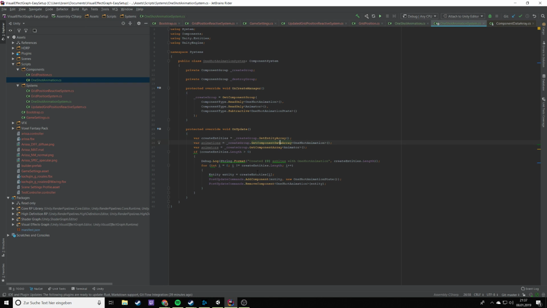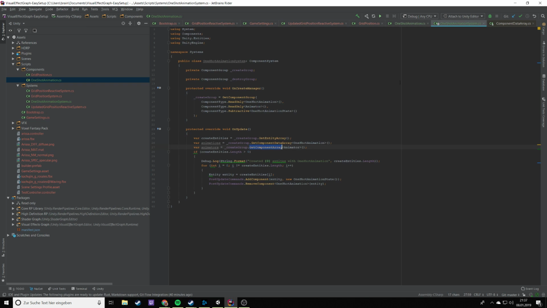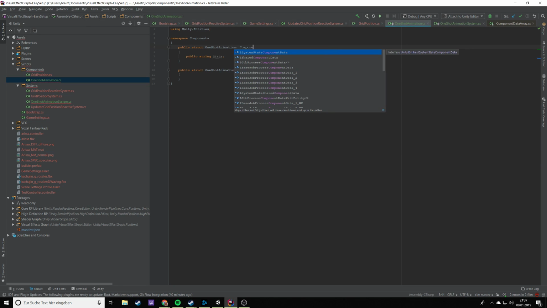So what I assume is that component array is used for components, which are old Unity components, right? So not component datas, which are the new stuff. Like, when I look at my one shot component, it's a component data and not a component. Now we are going to change that pretty much right now, because I actually want